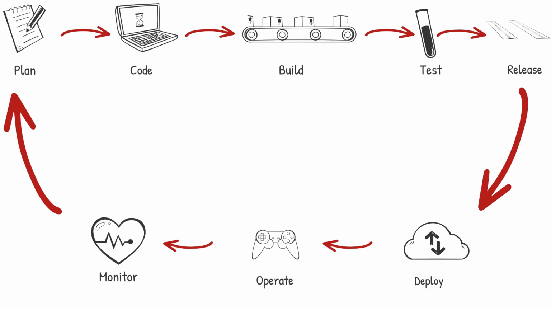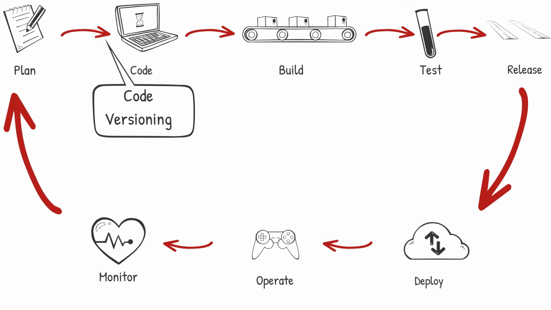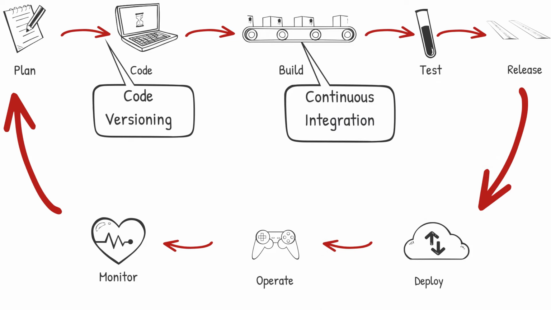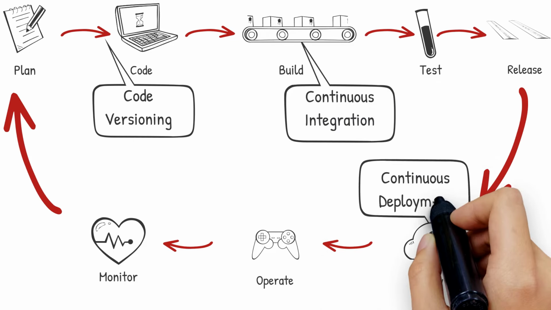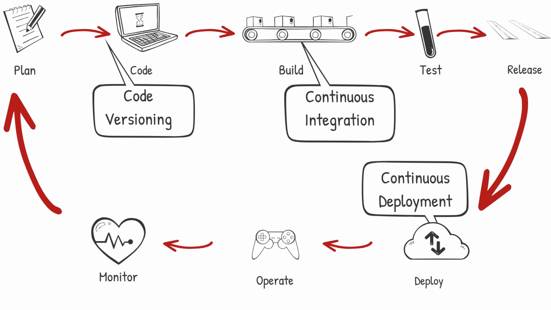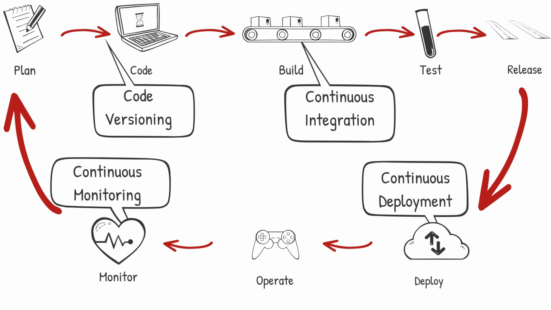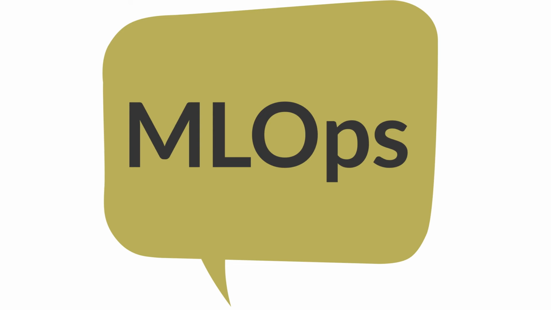So if we have to take the key highlights from the DevOps process, which actually differentiates it from the MLOps process, the first one is the fact that DevOps focuses primarily on code versioning and further continuous integration of this code and continuous deployment of this code, and then further continuous monitoring of the application and the code. We will do the correlation soon to understand how these steps are implemented in MLOps, and that's where the difference lies. We will now try to decode and understand MLOps.